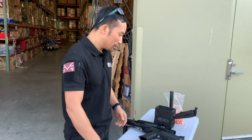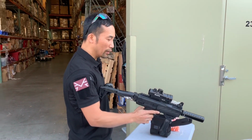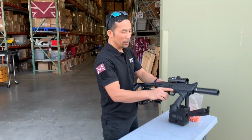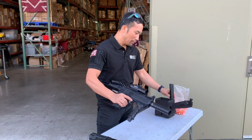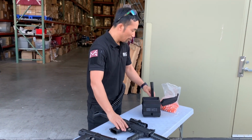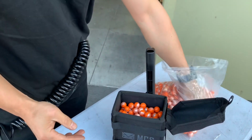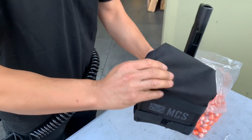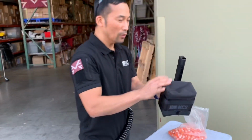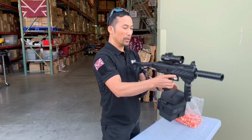All right, I'm going to show you this other version here. This one I have installed on this full version right here to give you a full flavor of the setup, with the lock bolt installed. I even have the box magazine right here. We're going to put some more rounds in the box magazine. This way you get the most out of the lock bolt when you are using a box mag, because with a box mag, when it's out of ammo or not feeding right, you want to make sure there's some mechanism to prevent chopping. So we'll put it on,